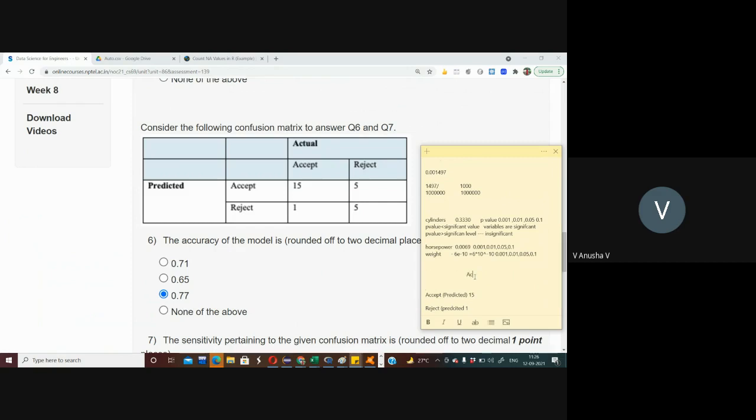And the actual value accepted rate is 15, and the rejected value they are considered as 5 and 5. Just write it here, 5 and 5. So from this figure, what we need to do is